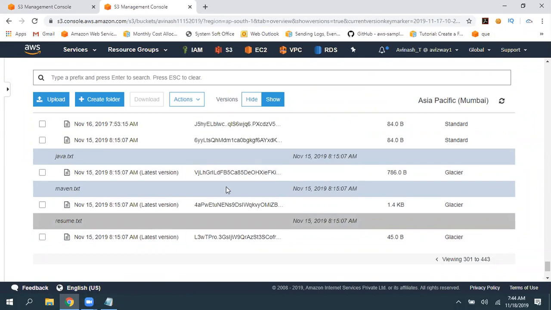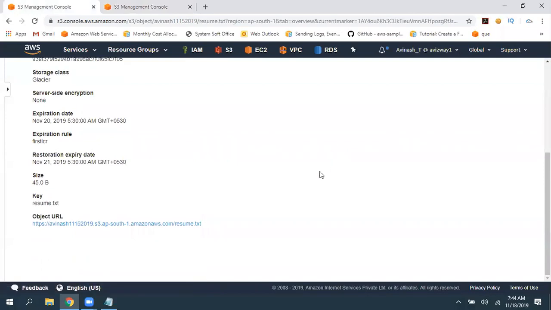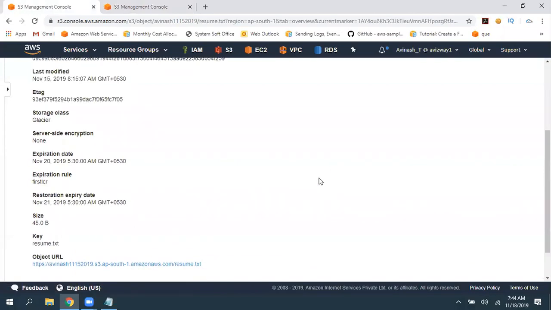So you can apply a lifecycle management rule and you can save some cost and automate the storage class transitions. Again, if you want to perform this immediately, say I have some data and I immediately want to move it to Glacier, or move it to standard infrequent access, we can use some third-party tools. You can perform that, but there is no direct option.